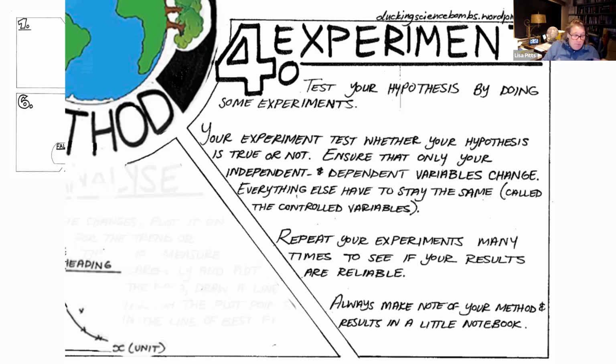So for example, if we're looking at what helps plants grow, and you say it's the amount of sunlight they get, then you have to make sure it's the same plant and the same soil, and the same size pot and all that stuff, and the same amount of water and the same amount of fertilizer, but the only thing you're varying is how much sunlight it's exposed to on a daily basis. And so you would repeat your experiment as many times as needed to make sure your results are reliable,